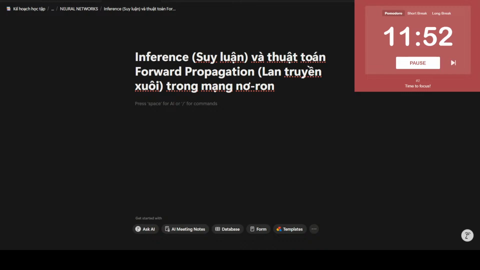This algorithm is also called forward propagation because you're propagating the activations of the neurons. So you're making these computations in the forward direction from left